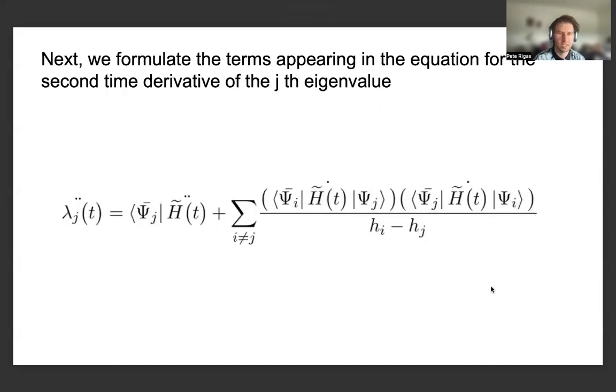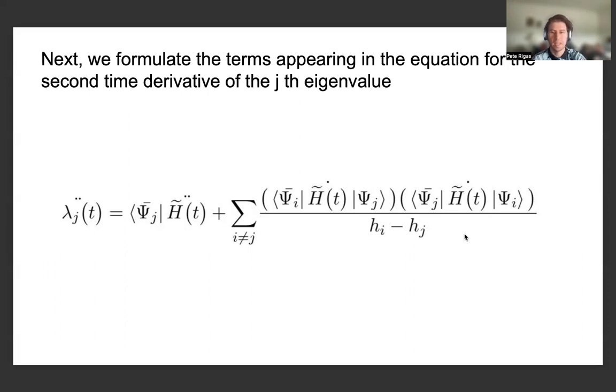And next, we can formulate expressions or terms appearing in the eigenvalue equation for the open quantum systems, in which, as we've been alluding to and mentioning, from the Hamiltonian twiddle of H, which we obtained from the first Hamiltonian, which we introduced H, we can substitute the first time derivatives of this time-dependent Hamiltonian twiddle of H into the terms for the second derivative of the eigenvalue, which appear in the summation